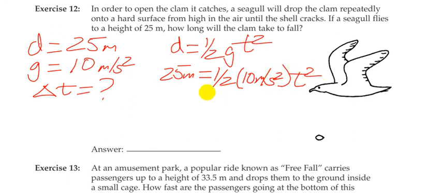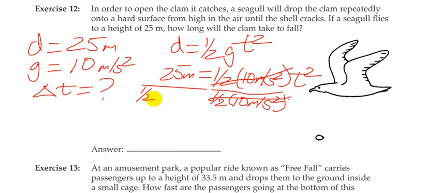We're going to divide both sides by 1/2 times 10 meters per second squared, and they're going to cancel out on this side. And if you look here, what we're left with is t squared